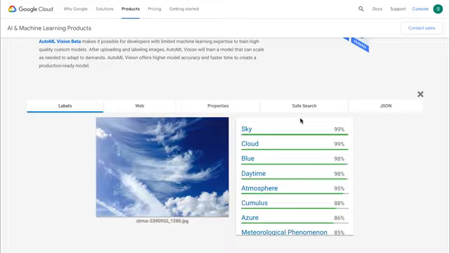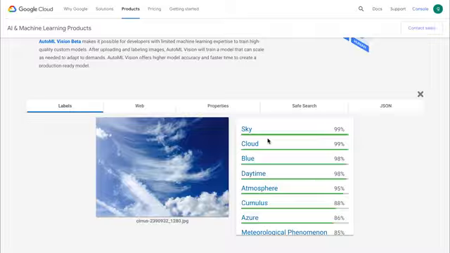The web page will display the results of a number of different API calls, including label detection, web detection, which looks for entities in the image, and safe search. The first tab in the label holds the results of label detection, and note the top classes. This image was of a cirrus cloud, but is cirrus cloud among them? No, it's not, and it shouldn't be. This is because even though the Vision API knows about a large number of classes, it doesn't distinguish between every sort of object in the world.